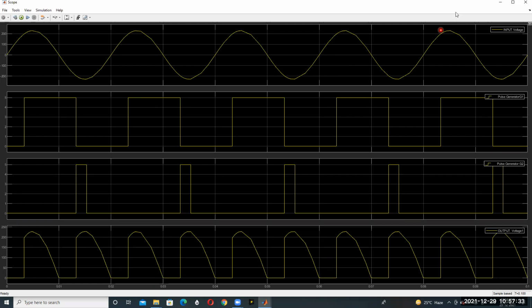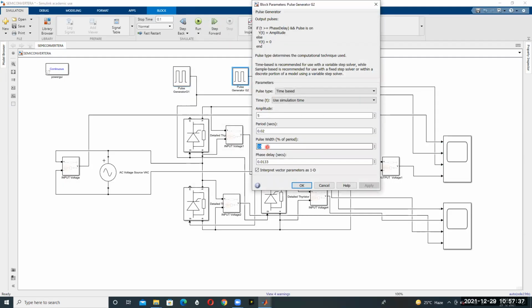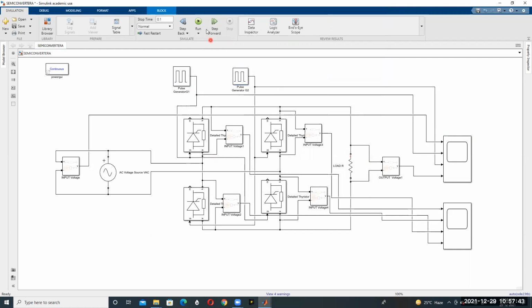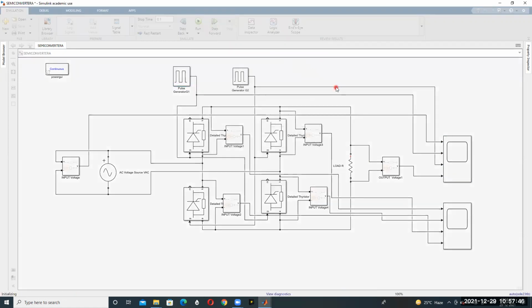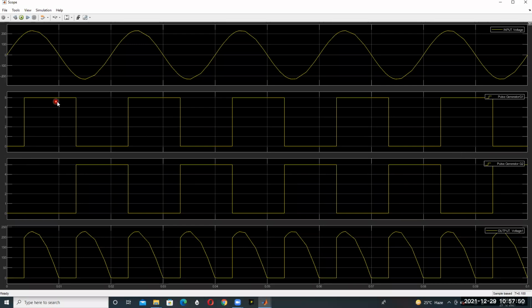Similarly, change the pulse width in pulse generator G2, apply 50% and enter, then run again. After the run, press here and you will get the same pulse width for thyristors T1 and T2. Here are the pulse generator 1 output and pulse generator 2 output. In this way we give the triggering pulses.